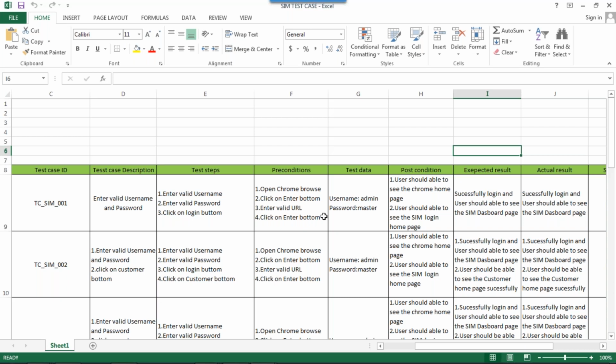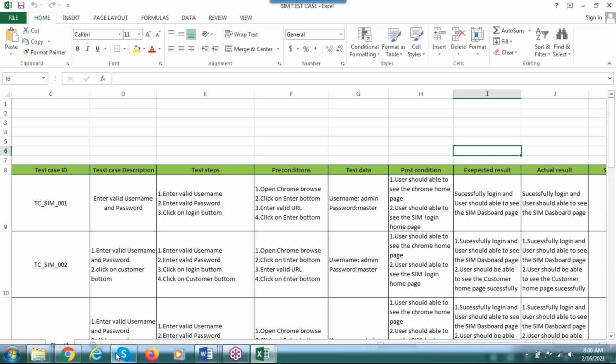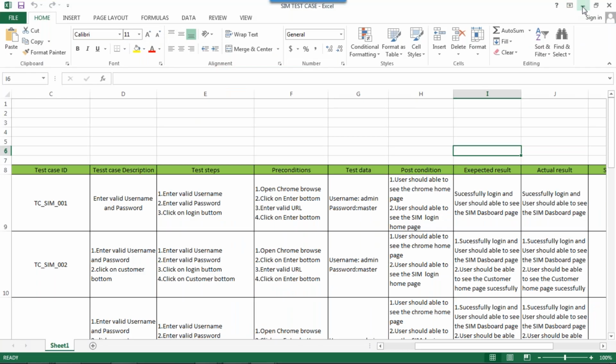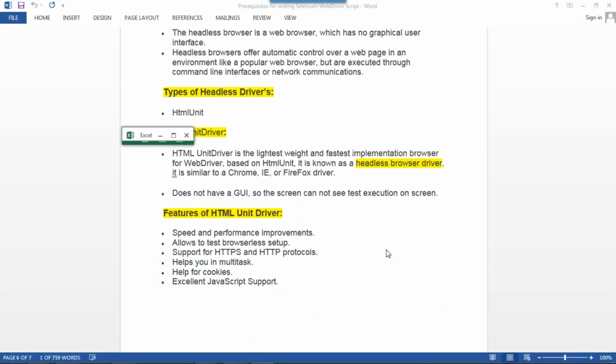Automation means first understanding the manual things. You need to understand the functional flow, then only you can do automation. If I don't know what is happening in this area, how can I automate it? First of all, I need to know the functionality of the application. Then only I can do the automation. So each and every step you need to know. Then only we can do the automation.